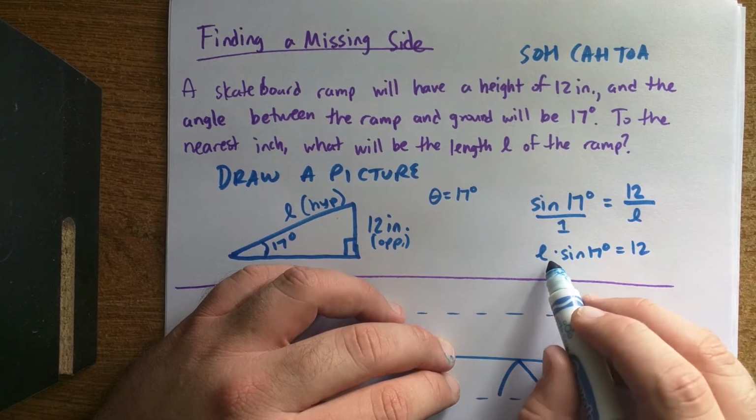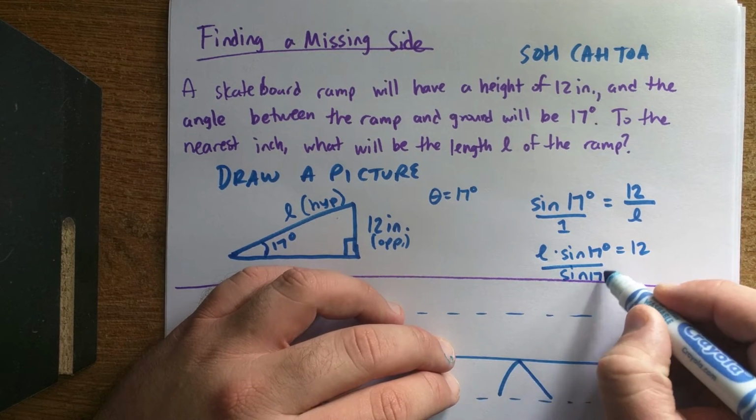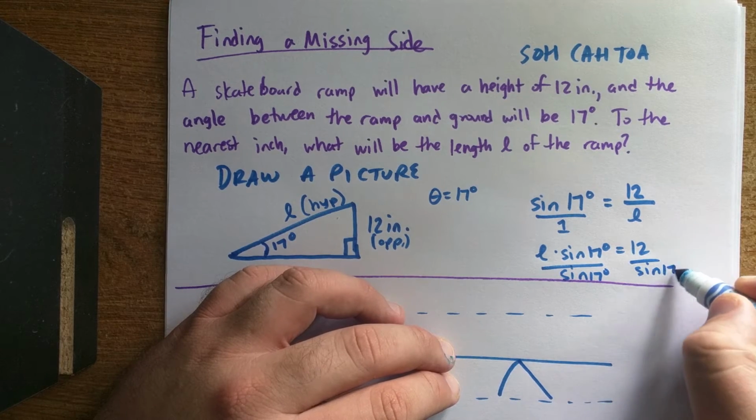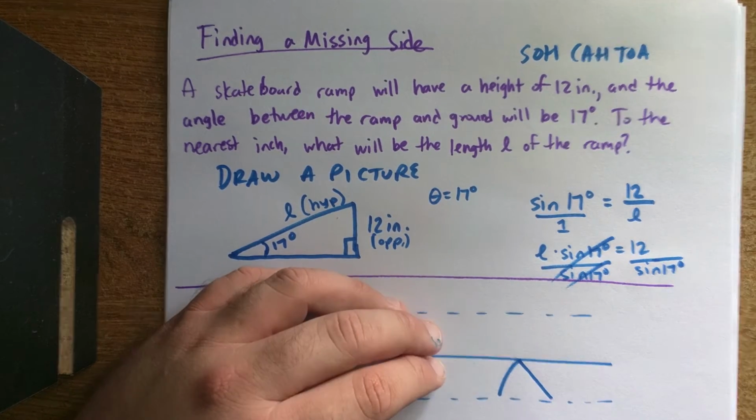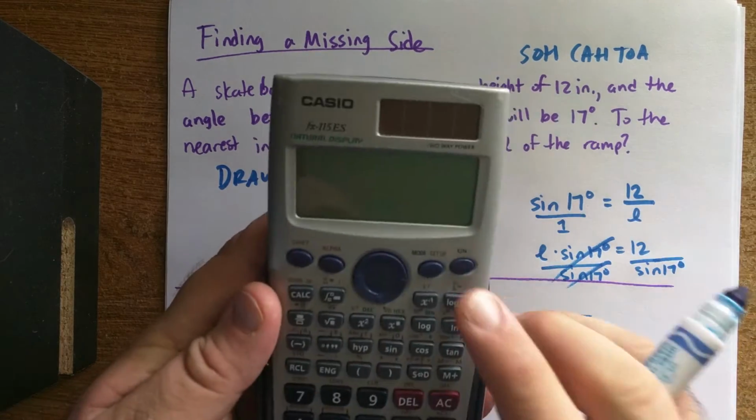Well, to solve for L, if this is times sine 17 degrees, I'm going to have to divide by sine of 17 degrees so that those can cancel. So L is going to equal whatever this is, and this is where you're going to learn a few buttons